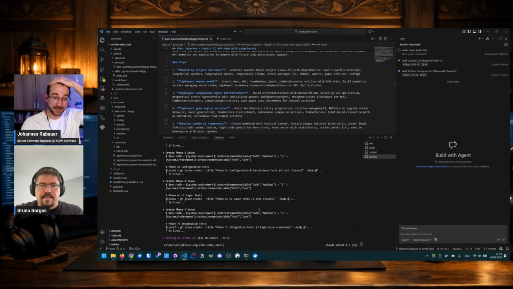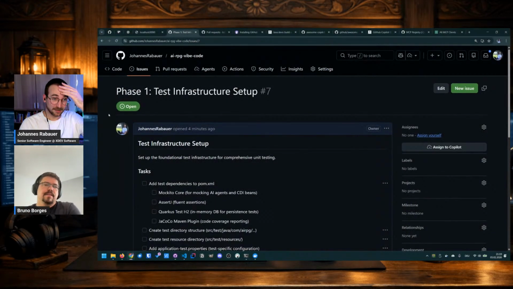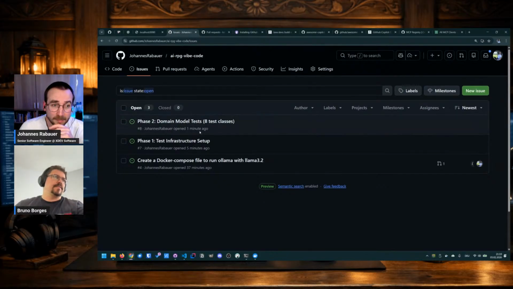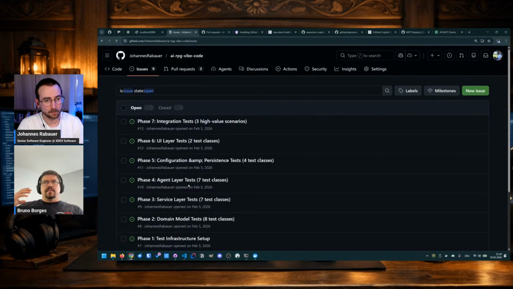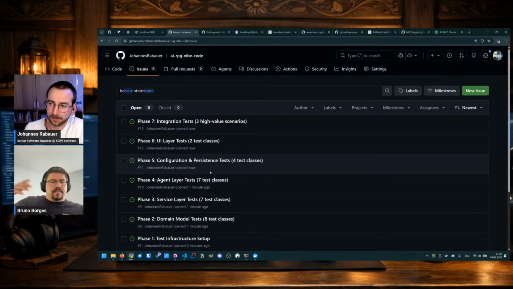I really like that. Oh, okay. Now we are at phase 6 already, or 7. I really like the idea. I did this experiment a while ago, but the idea of, okay, give me a plan, and now create issues in the project so I can better track the plan, right? And I can even assign different developers in the team to implement those things. Some of these things can be done in parallel. Some things can be done only serially. But I think it allows us to break down the plan into trackable things in the management of the project,